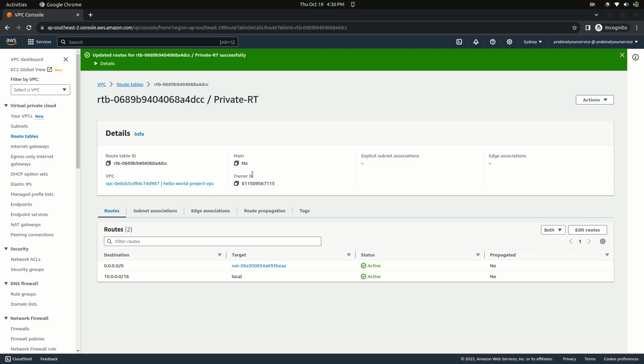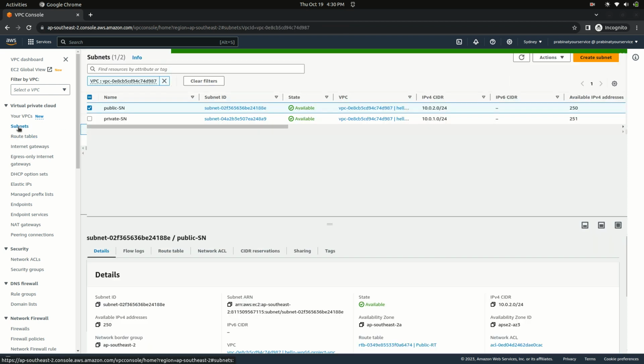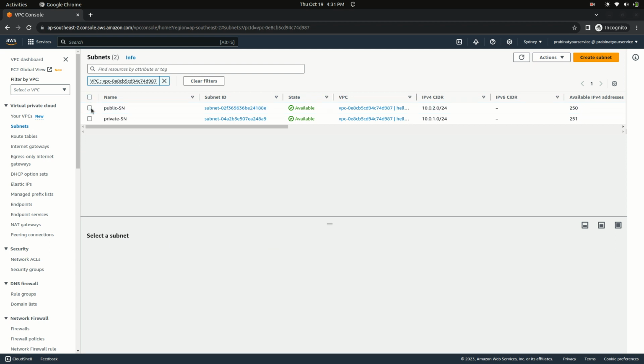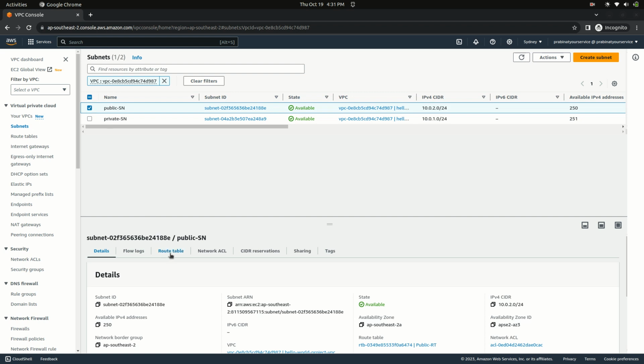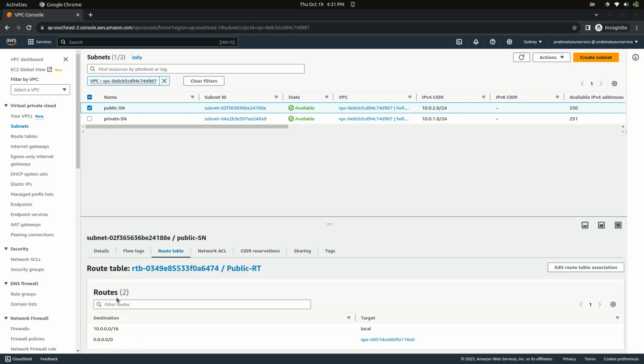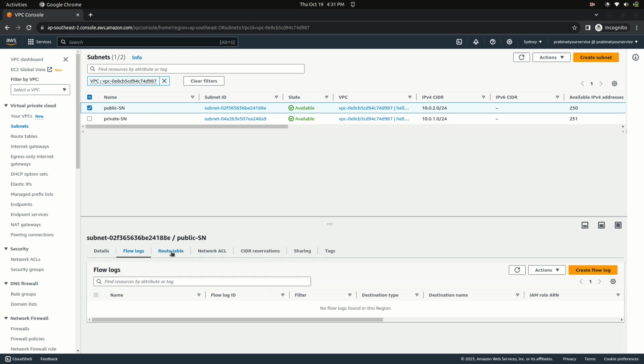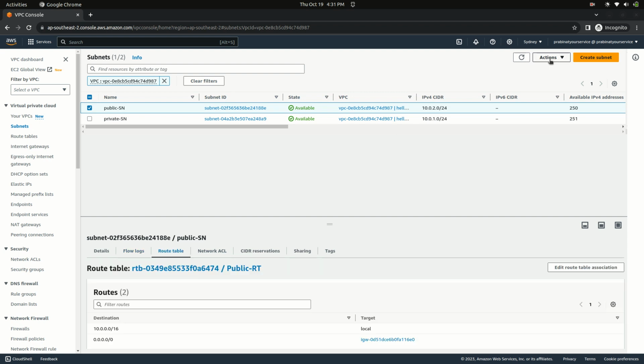So that looks good, but still our subnet needs to know about this routing table. So what we do is I will associate the route table to our subnet. So I just selected the public subnet and I go to route table. This is the route table and it has internet gateway, and let me go to... okay, so from here we can have an action. We can edit route table association, and